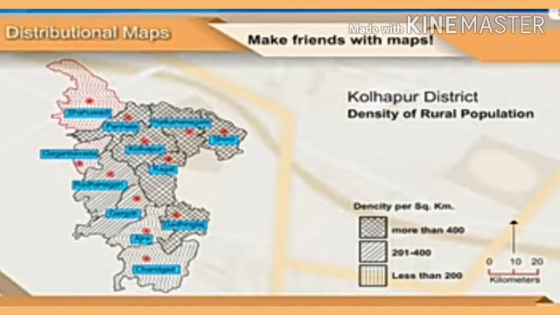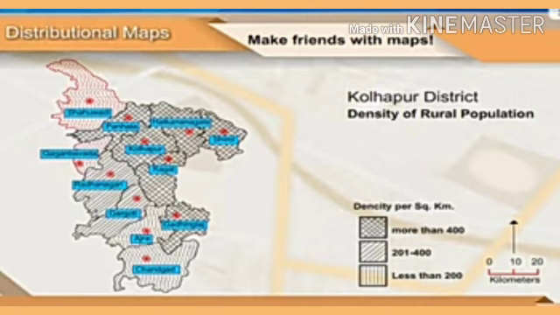We can see that the Shahuwadi, Gaganbawda, Azra and Chandgad talukas have the population density less than 200, whereas the population density between 200 and 400 is in Radhanagari and Gargoti, whereas the talukas which have the population density more than 400 are Panhala, Hatkanangle, Shirol, Kolhapur,